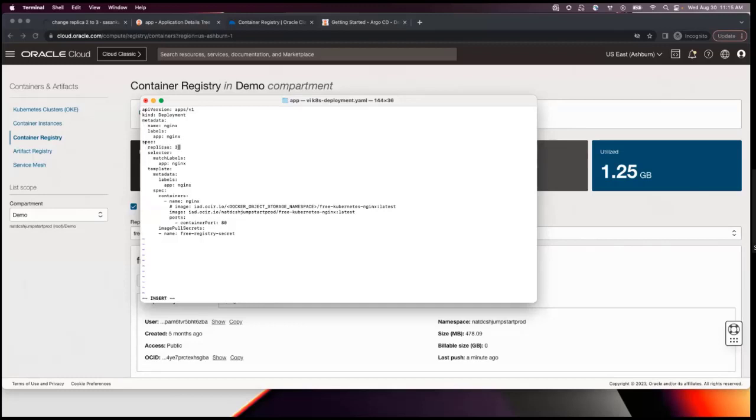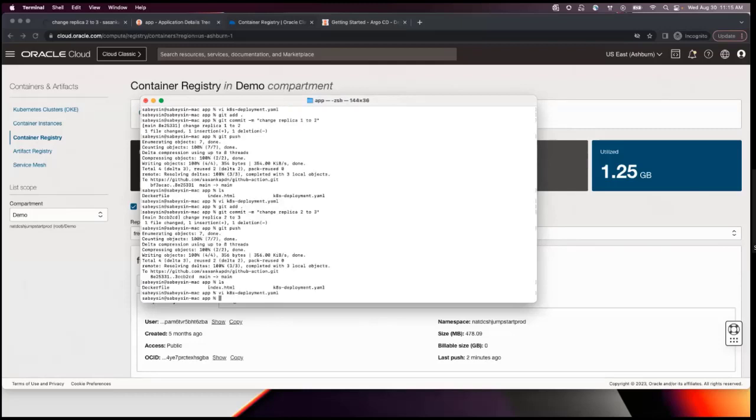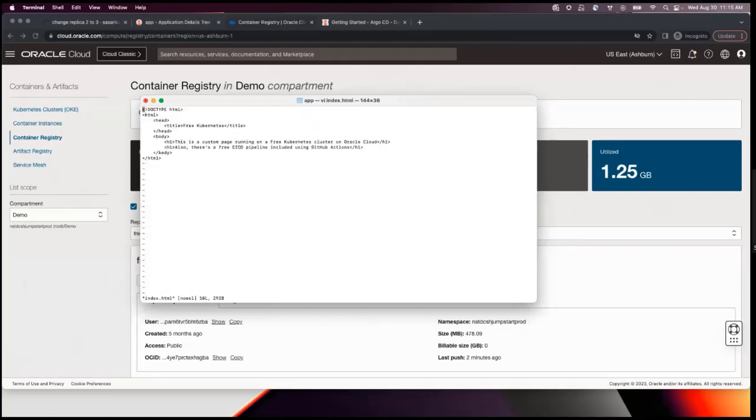In case you want to change the replica set, or if you have any code changes like index or anything, since I have a simple web application, you can change it here as well. It will automatically create the GitHub Actions run and save it there.